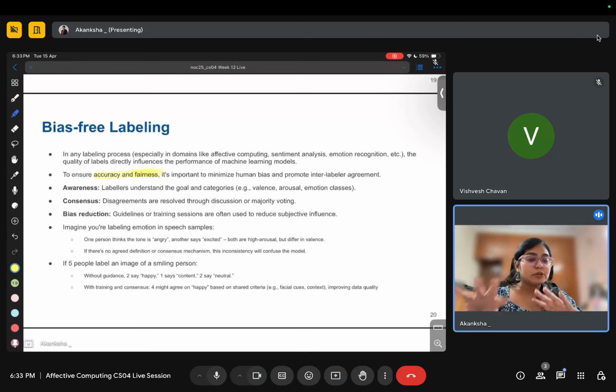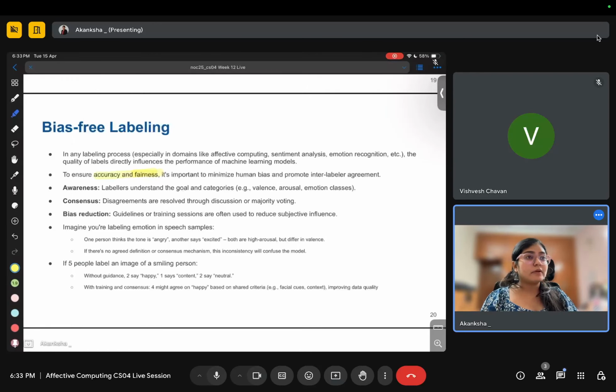It's not that you just tell them to label, but maintain uniformity and consistency. You need to take care of this, so that you are already being very clear to the labeler. So it helps to minimize the bias, because if you're giving clear instructions, then the labeler will follow them. If you're not going to give the instructions, then I will do whatever I like, so it will be more personal to me, and it will introduce more bias in the system.